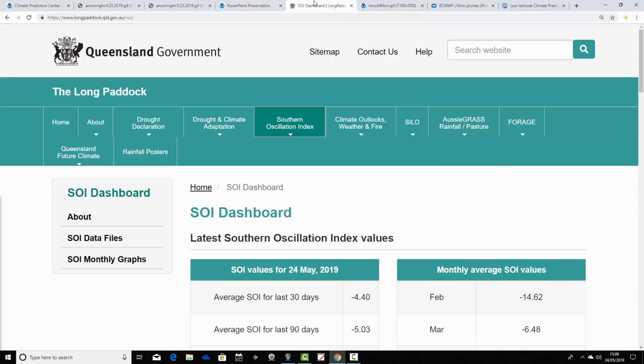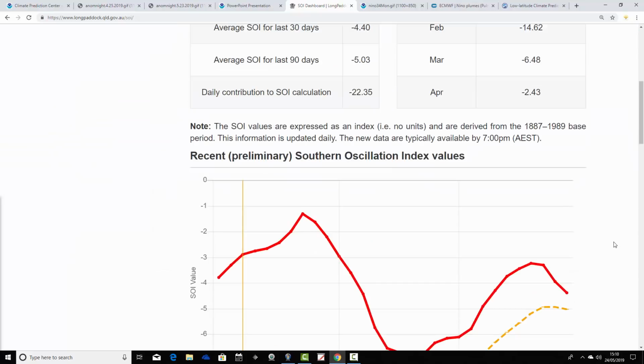This is how the SOI is looking. So the SOI, the Southern Oscillation Index, is an index that's reflecting the atmospheric state. It's measuring the atmospheric pressures between Darwin in Australia and Tahiti in the southern Pacific Ocean. This is from the Queensland government, which is part of the Bureau of Meteorology in Australia. Now, when the SOI is in its negative phase, then you're going into, or you're in, an El Nino. The atmosphere will be reflecting El Nino setup. When the SOI is in its positive phase, the atmosphere will be depicting La Nina, will be depicting a cold event.